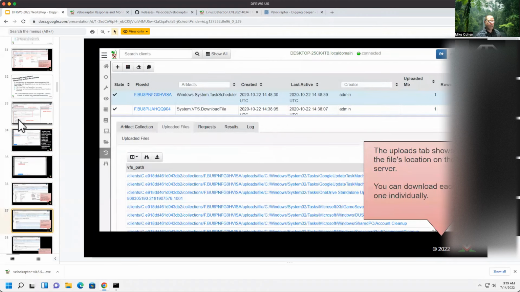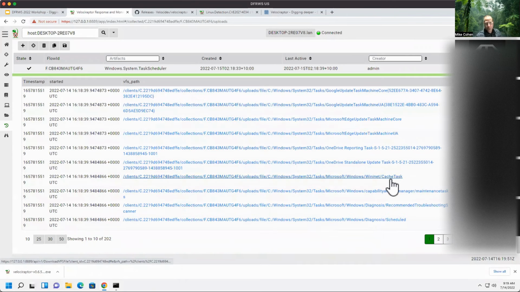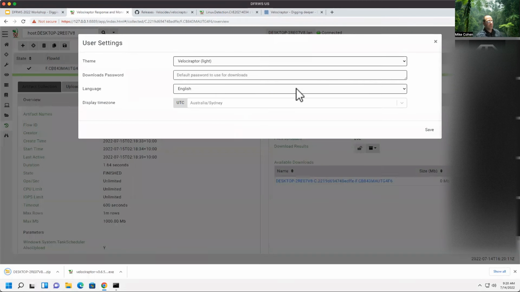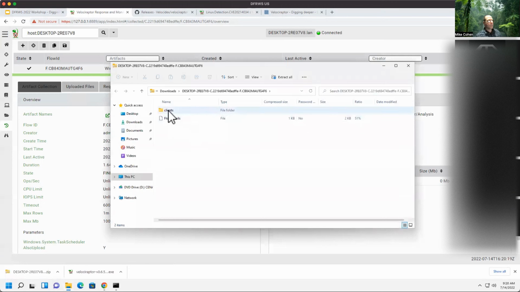And the upload, because I said to upload the XML files, I can immediately select each of those XML files if I wanted just one out of the collection. Or alternatively, if I did this whole collection, I can generate a download, and it will make a zip file that contains all of this data. Let's see what that looks like. And this is the thing I mentioned before, that you can change the password for that because it might contain malware, right? So if we open the zip file,